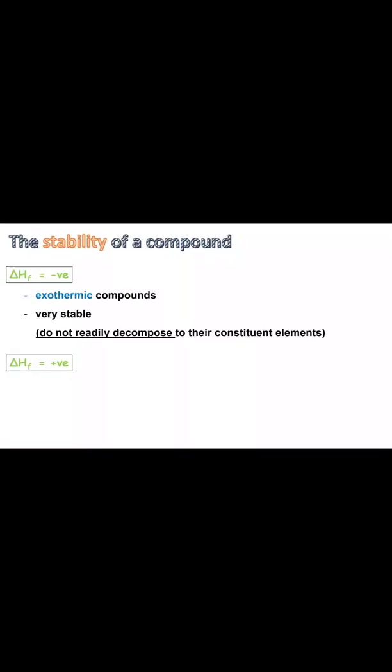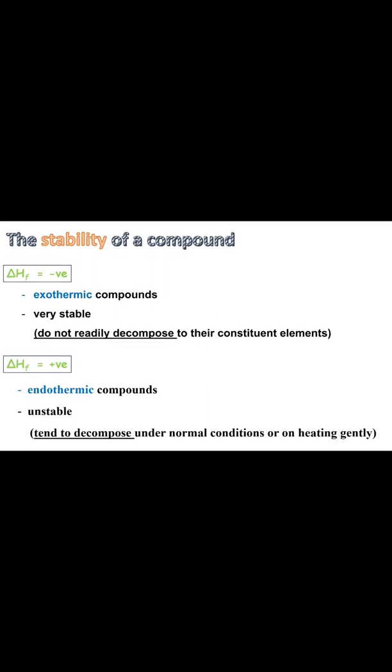Next, by referring to the calculated standard enthalpy change of formation of a reaction, we may determine the stability of a compound. Either it is very stable or it is unstable. If the enthalpy change is a negative value, that means it involves an exothermic reaction and the compounds are very stable. If the enthalpy change of the reaction is a positive value, that means it involves an endothermic reaction and the compound